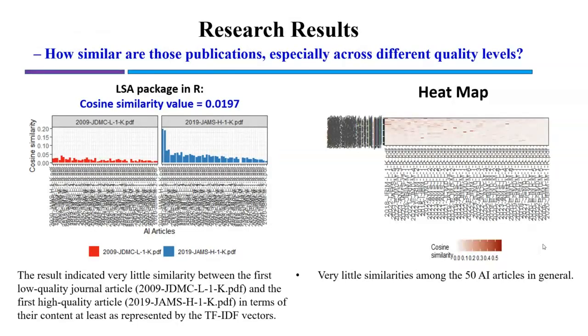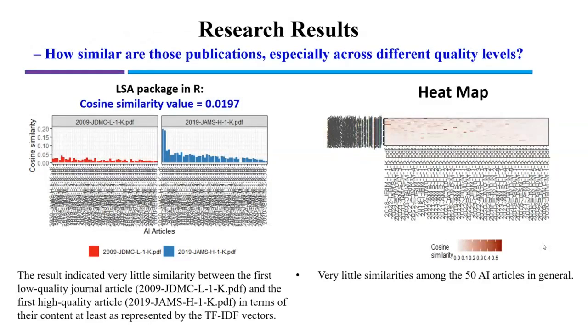It actually gives me exactly the data. It's like the coefficient alpha. So then it tells me, okay, the similarity is only 2%. So that gives me a very quantitative answer. Said, oh, these 50 papers really don't